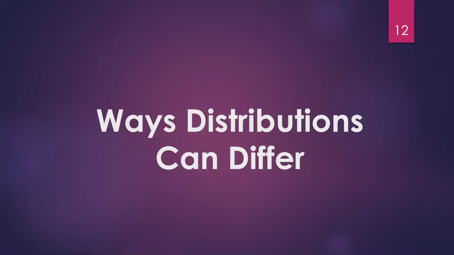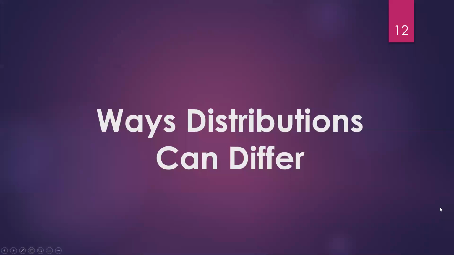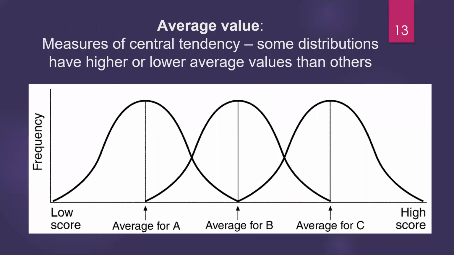Ways distributions can differ. So looking at frequency polygons, looking at these curves, what are some ways that we can look at these and have understanding about the data set without even seeing the actual numbers? One thing that comparing these curves can do is we can see that different distributions